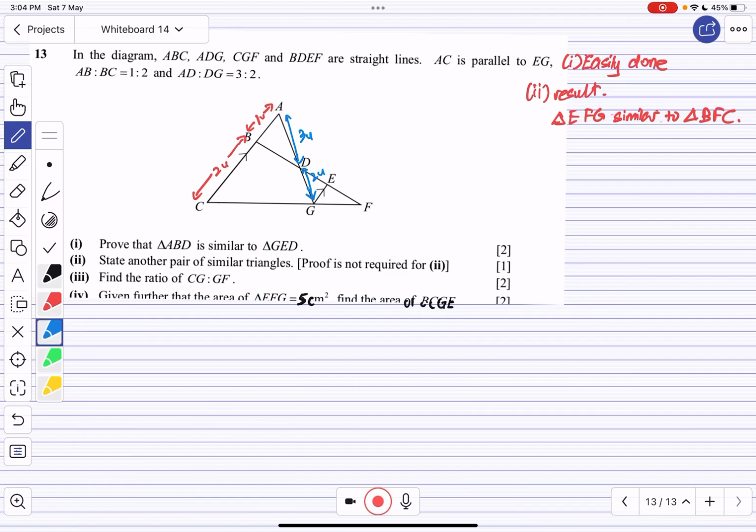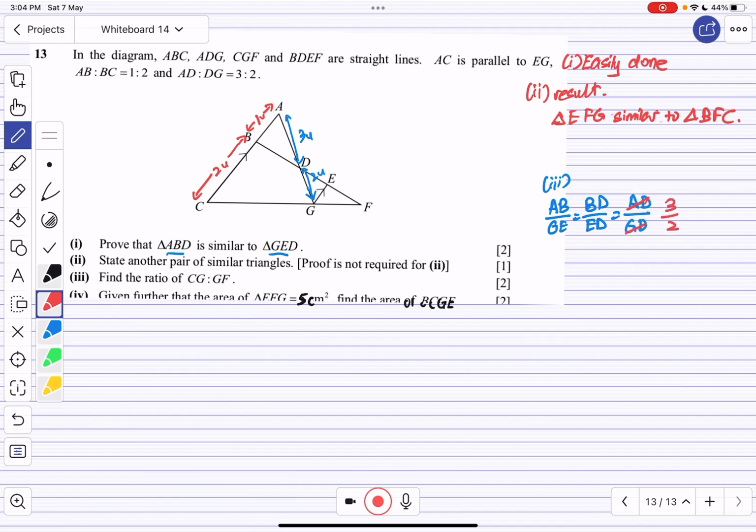And from part 1, we do understand that ABD is similar to GED. This means that straight away, I'm going to write down the corresponding ratios. AB over GE is the same as BD over ED, is the same as AD over GD. Okay, so from here, straight away, you can see that AD over GD is none other than 3 over